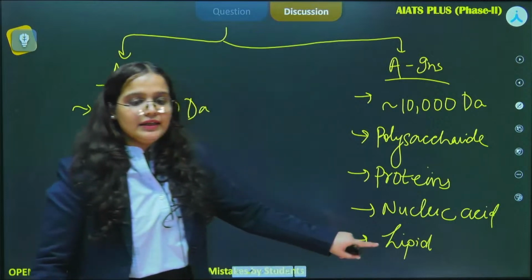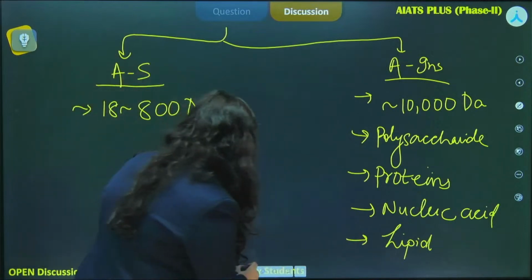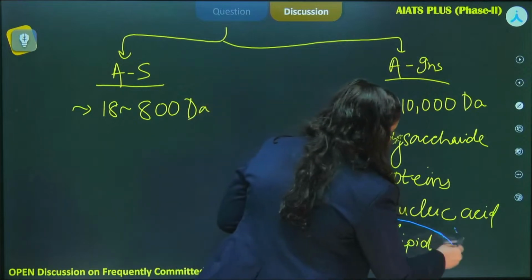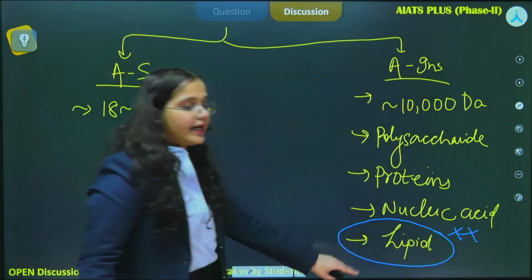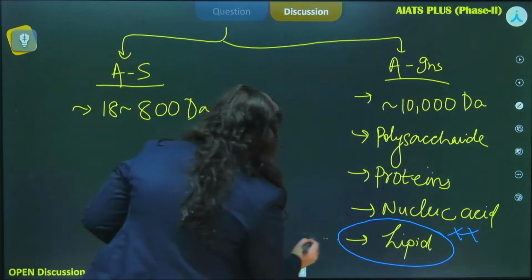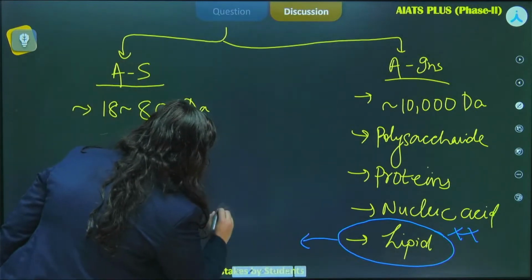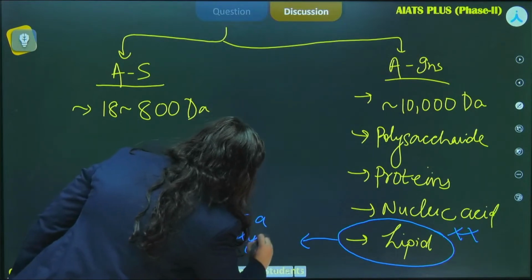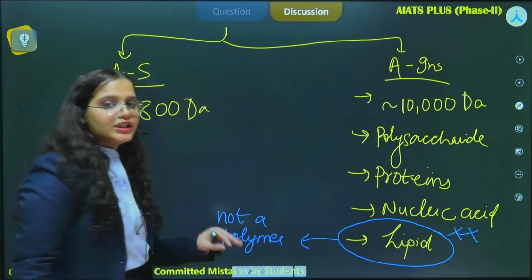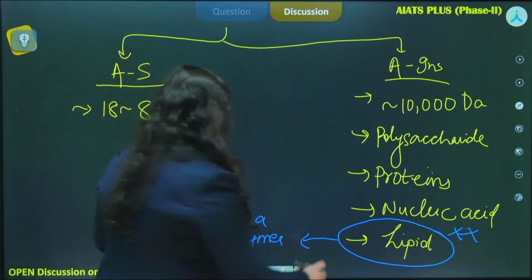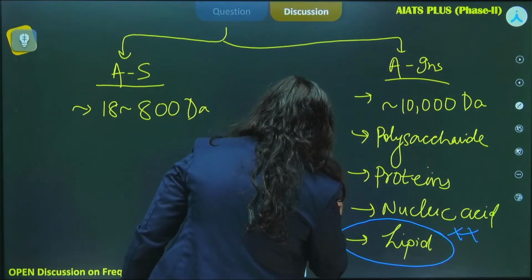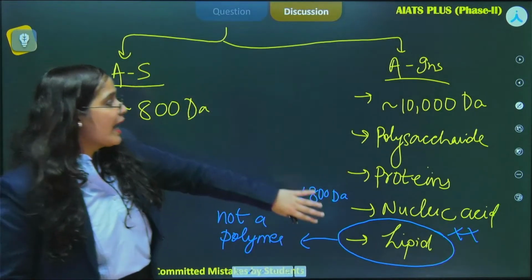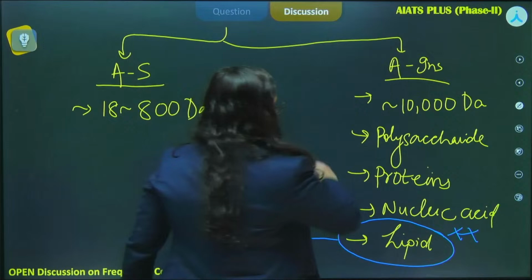Now, why lipid is important and should be studied separately is because lipid is not a polymer. It is not a polymer, and its molecular weight is usually less than 800 Dalton. But still, why is it present in the acid insoluble fraction? This is what